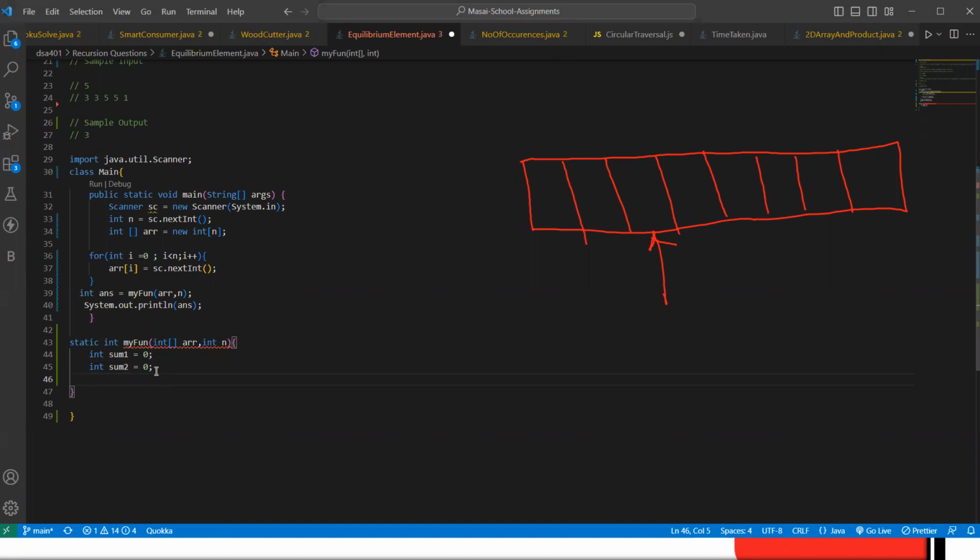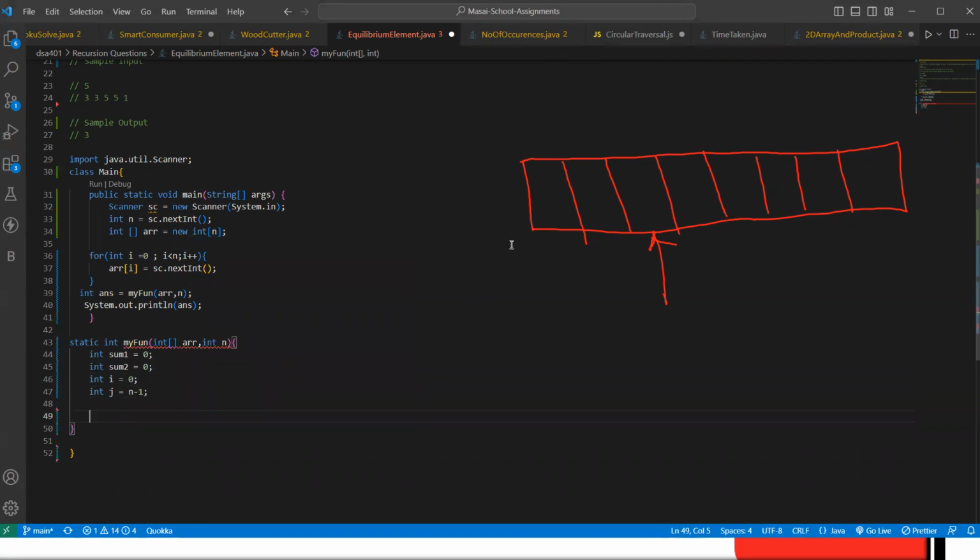After that, what we can do here is create a variable int i equal to 0 and int j equal to the length of the total elements, n minus 1. So this is our last element.